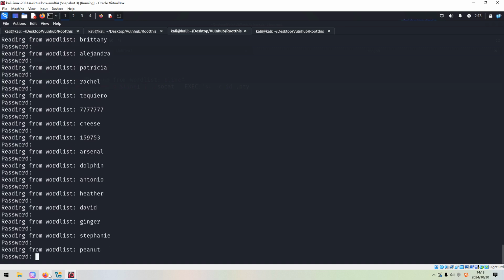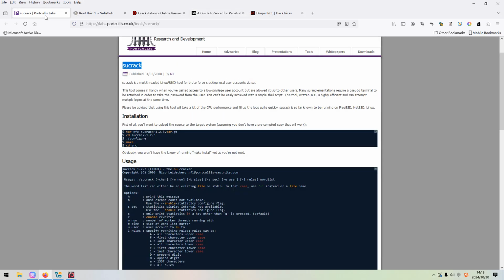So again, somebody will say they can use sucrack, but possibly they will get some errors or problems with this utility.